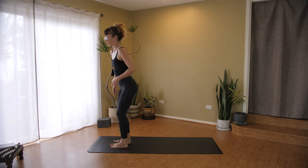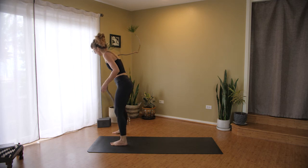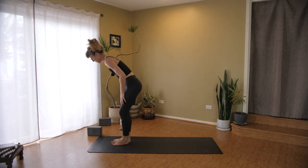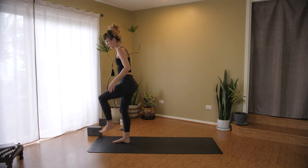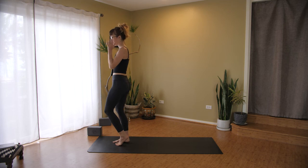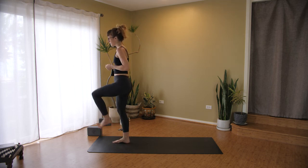Okay, I'm going to turn back to forward on my mat. I'm sorry, you might want to have a block handy. We're going to move to some other poses after this. I'm going to use my block for them. I apologize if you had to come out and grab a block. Okay, so coming back,